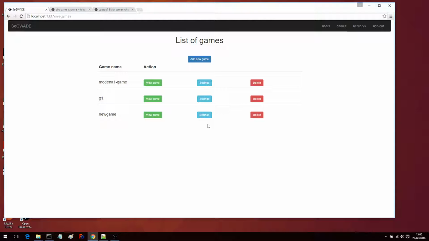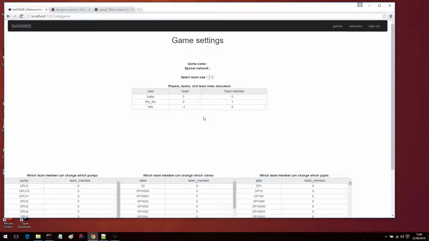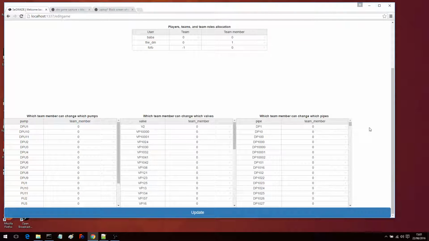Now, it's not sufficient to run a game to just set up what we've set up. We need to get into the settings of that new game. So click on settings. But we've got this idea of which users are part of which team that we've put, and which users in each team, what is their role as a team member. Okay, but the most important change is that for all the list of changeable items in our network, the pumps,